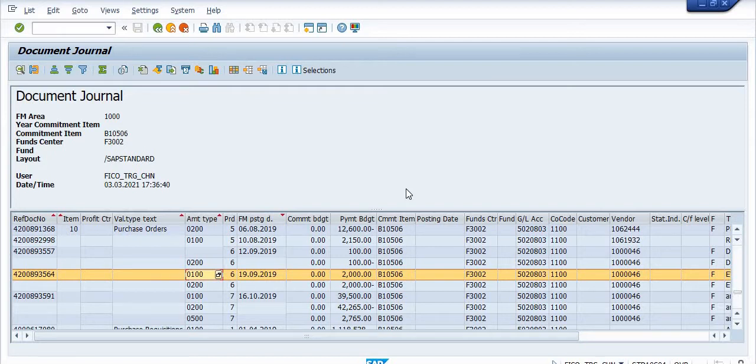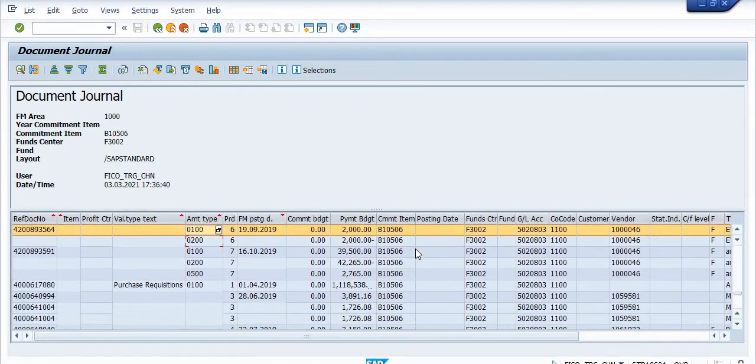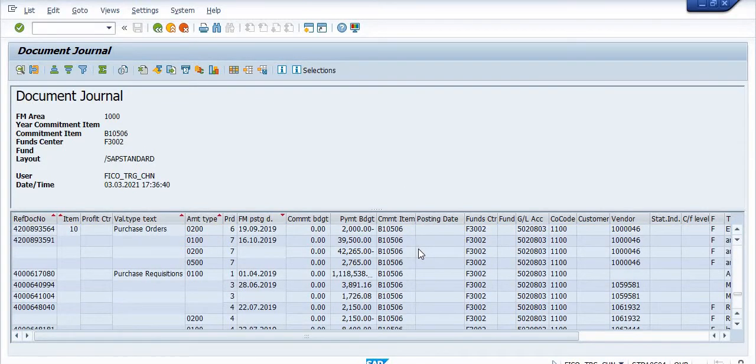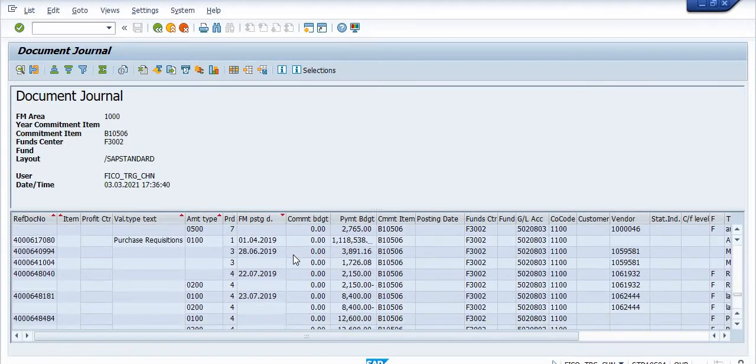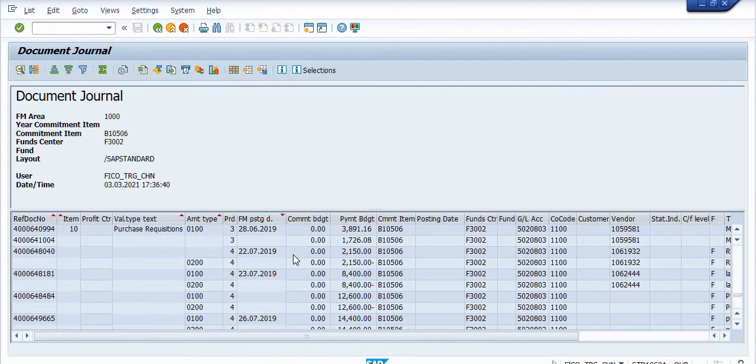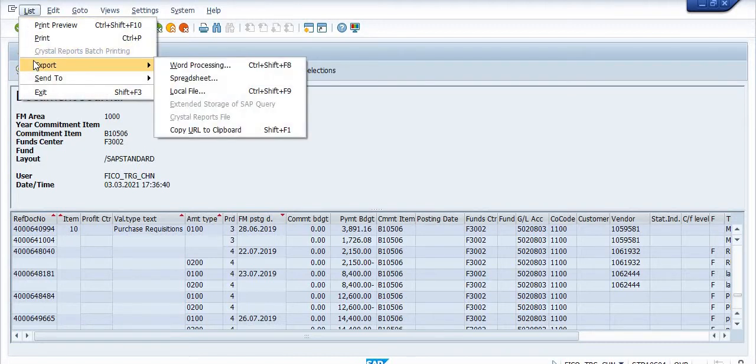You should also identify the purchase orders created for a larger amount and reduce those amounts to process the bill of the current month. You can identify these using this report. You can also get this report in Excel format: go in the list, go in the export, go in the spreadsheet.